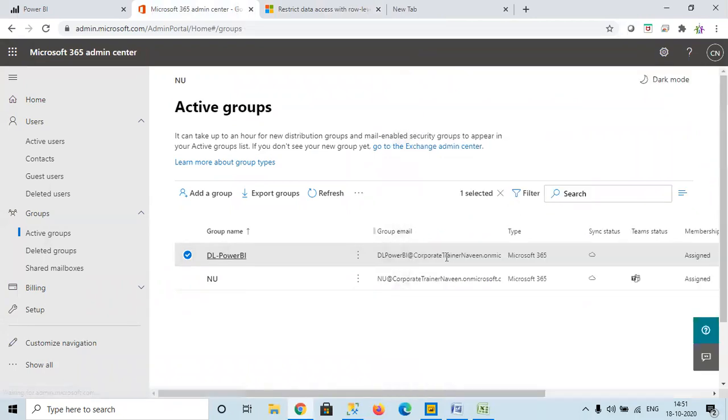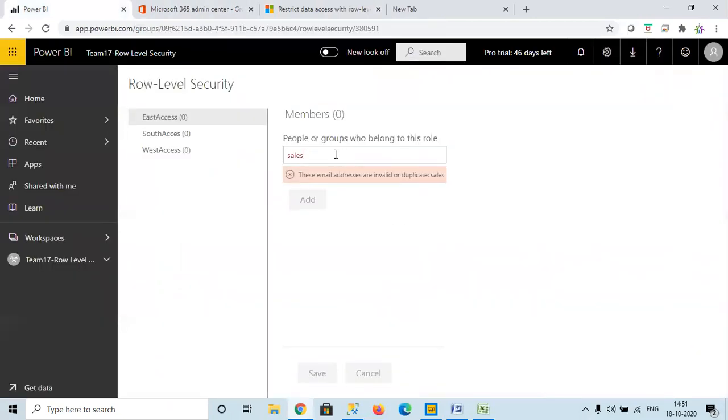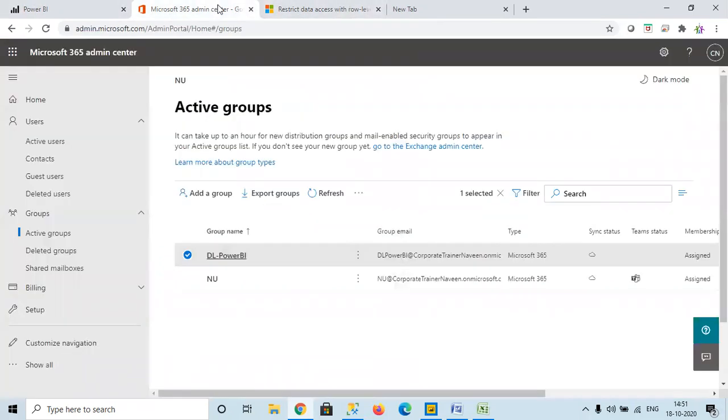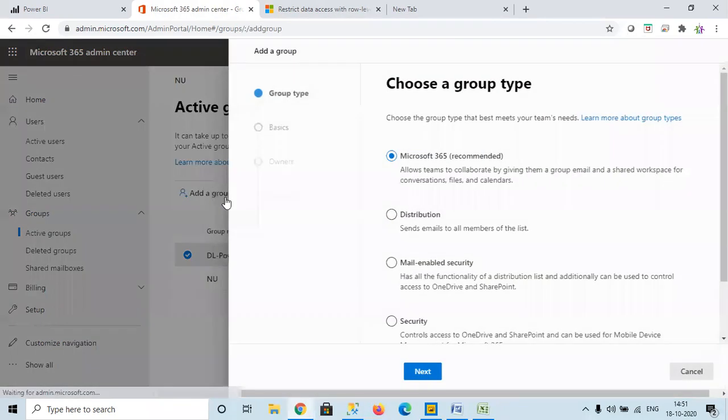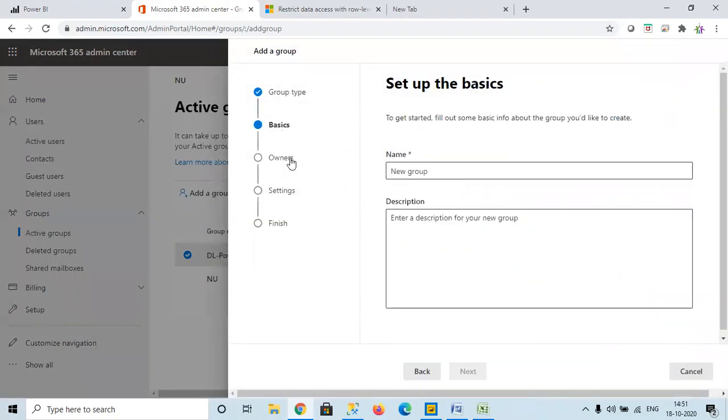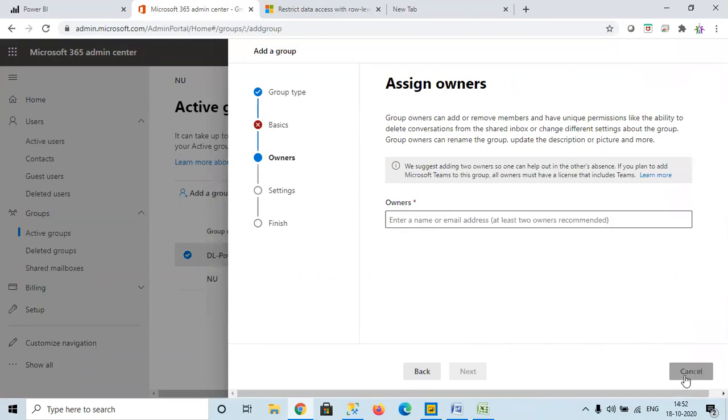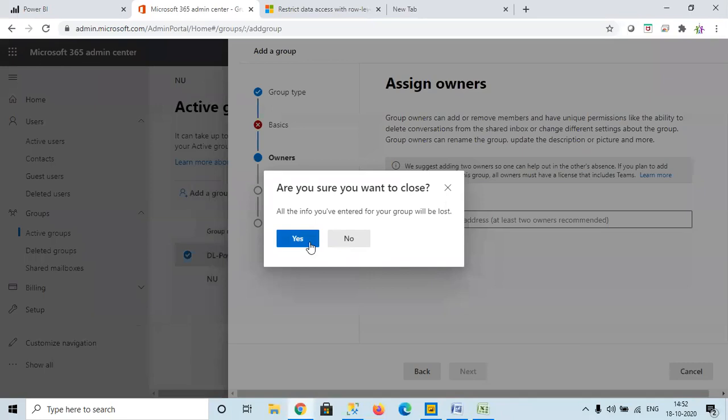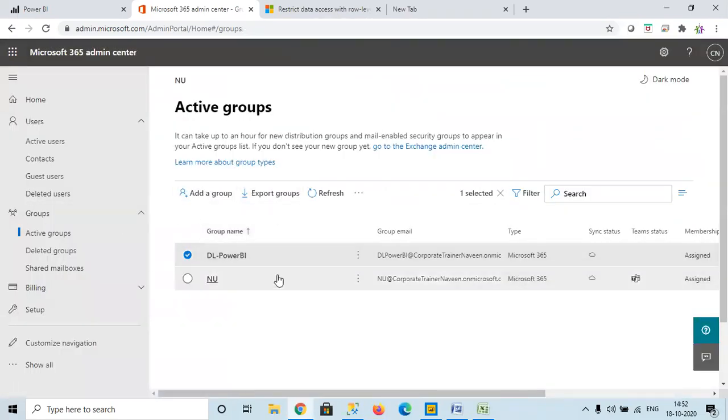When you search with the group name, it should come up automatically. Since it is already created, we should be able to see that particular group, but it is still not active. It will take some time to get activated. The sales group, we could not see.